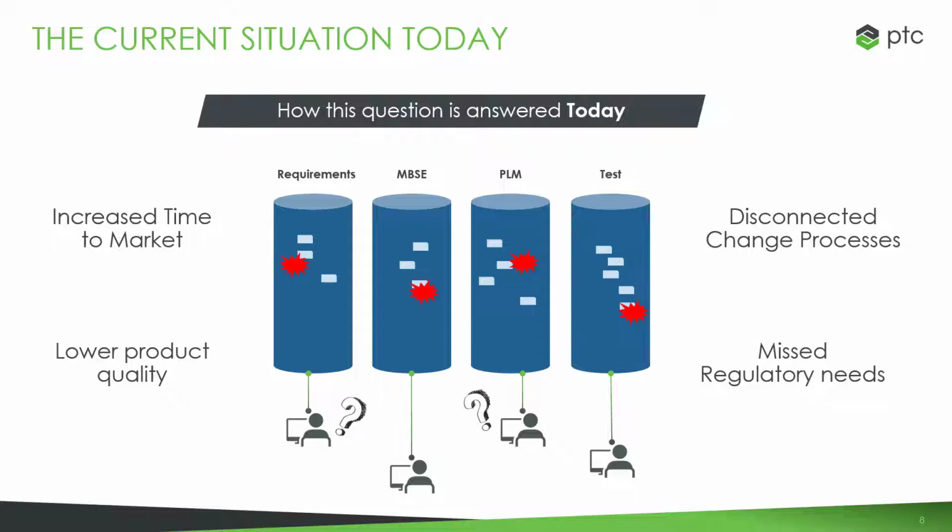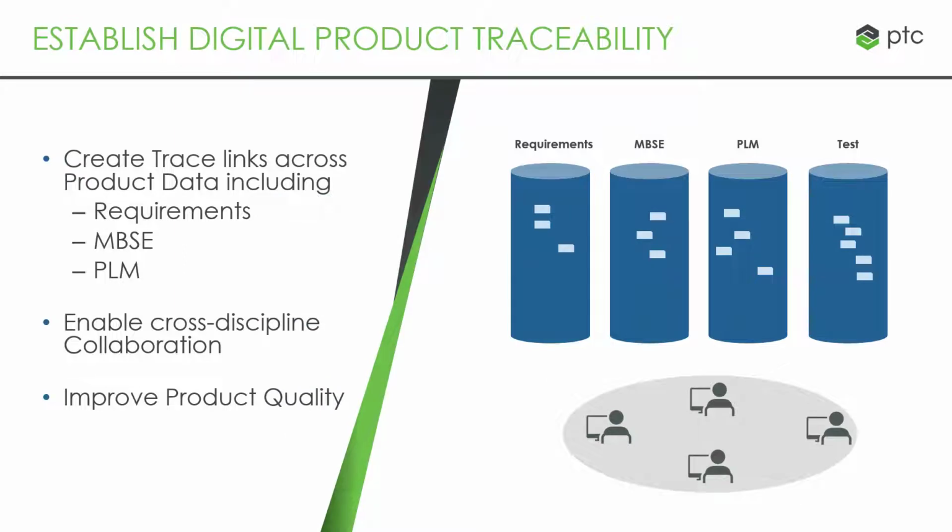If there's a change, who knows what has to happen? Many times it's a manual interaction to flow that information with lots of spreadsheets across the organization. This leads to increased time to market, lower product quality, disconnected change processes, and missed regulatory needs. What we're going to look at is how PTC helps you establish the digital product traceability, creating trace links across